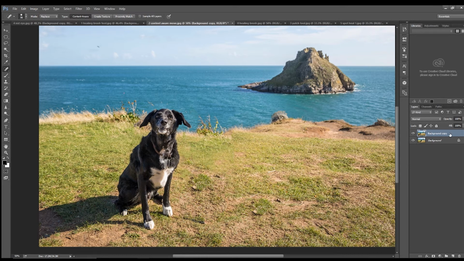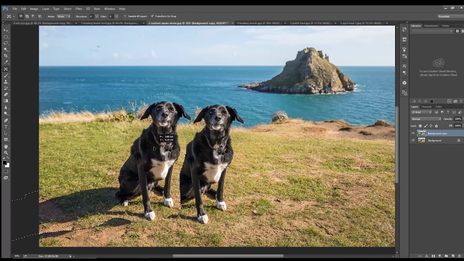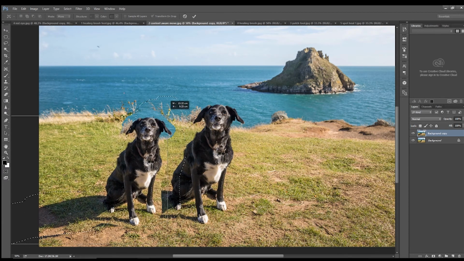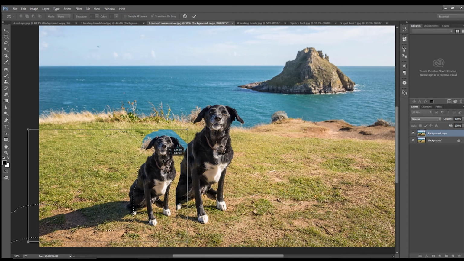So if we just drop this layer out and duplicate it back, we could, by choosing our content aware move tool and selecting the same area again, just around the dog, all the way around, so when it joins up, there's a selection. Now if we go and move the dog, we also have the option of resizing the dog. So if we put the dog about, maybe about there, and hit enter,